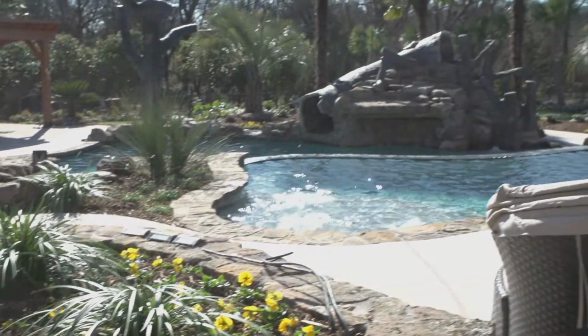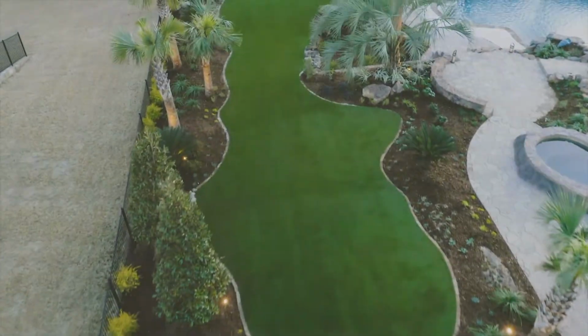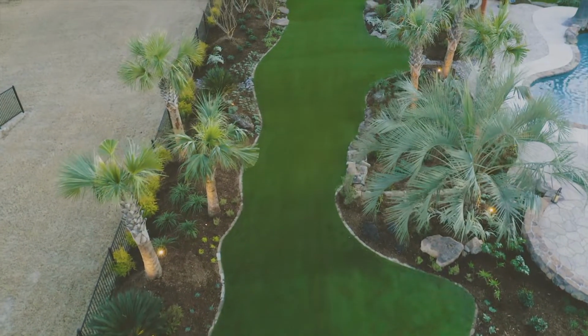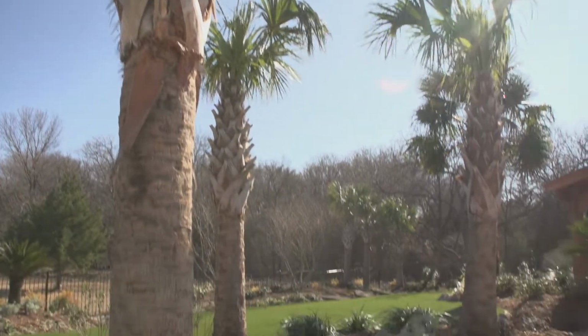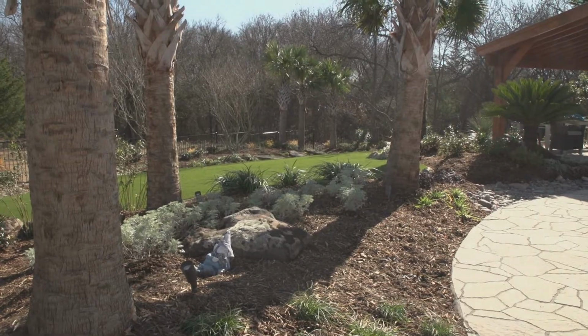Hi, my name is Jason Weisz, president of Weisz Selection Landscape Company. So the obstacles that we ran up against was heavy traffic in the front street. So when we'd have deliveries, we had to do a lot of maneuvering so that we could keep the traffic flow on the street open. Staging material here. This project's a very big project. There's over 98 trees here at this location itself. There's over 260 yards of soil brought in here. There's over